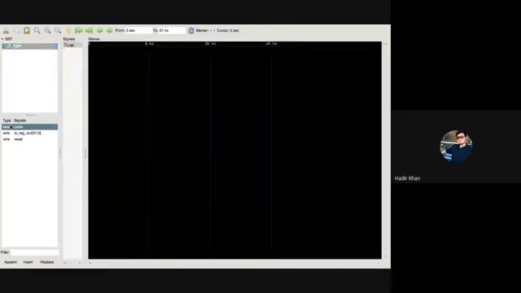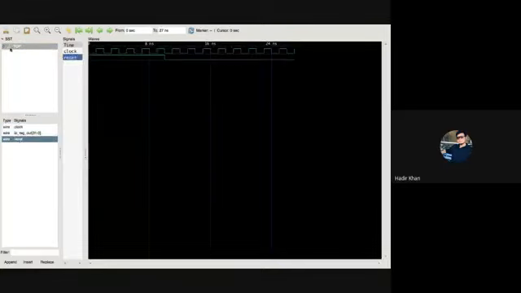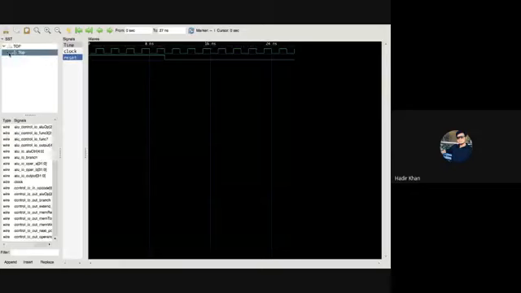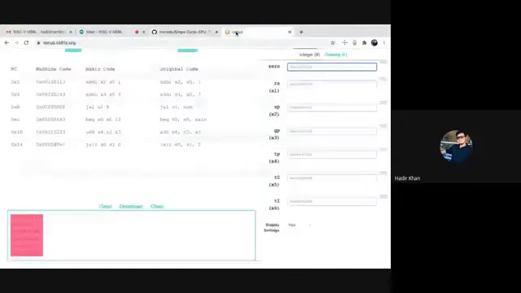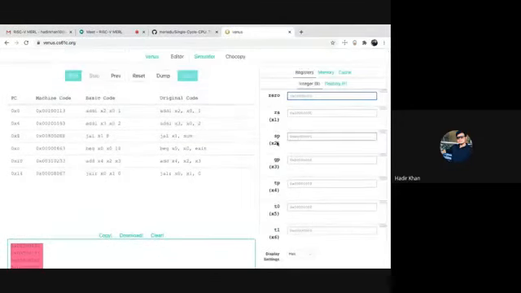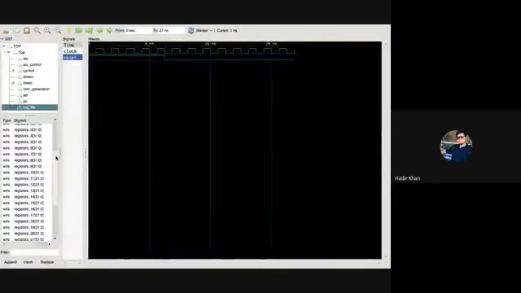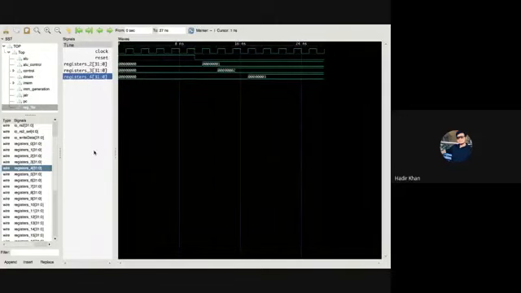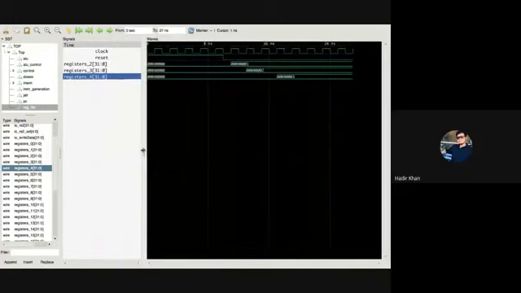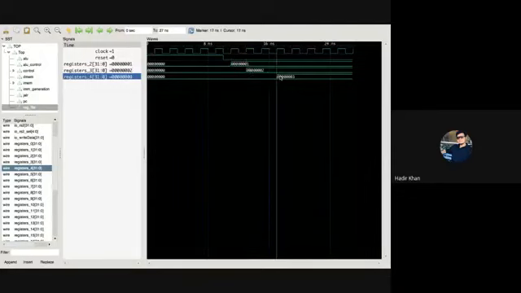So I'm just going to quickly use the clock and reset, and I'm going to show you just the register file contents so that we can see if the program is running correctly or not. So let's go back to Venus and see that we are using registers 2, 3, and 4. So let's open registers 2, 3, and 4. And as you can see, when the instructions get executed, we are getting the correct values saved in our registers. So this was a quick demo